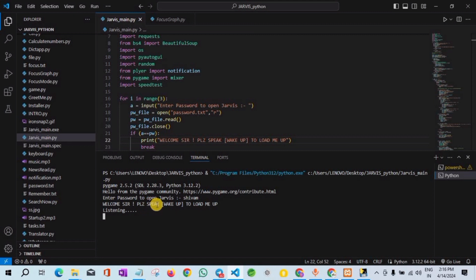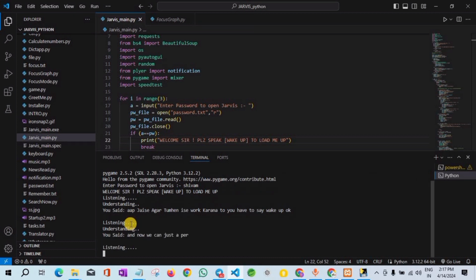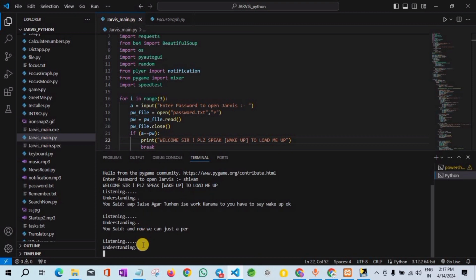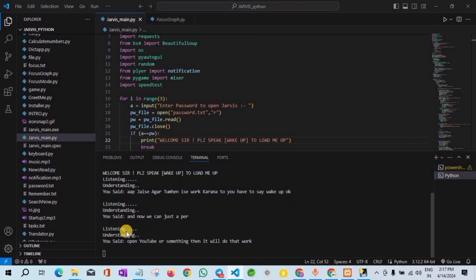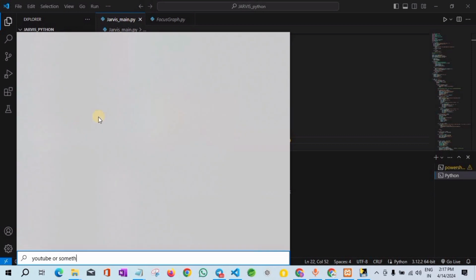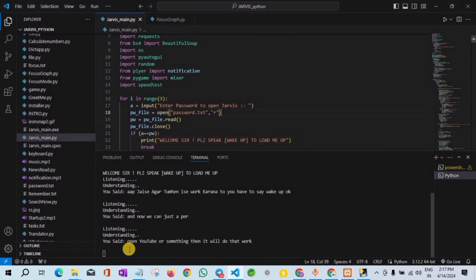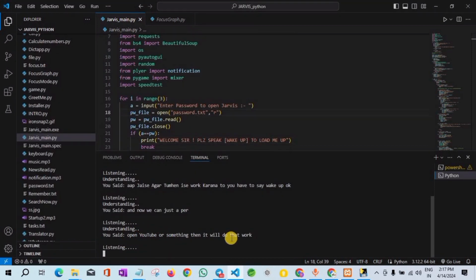अब जैसे अगर तुम्हें इसे work कराना तो you have to say wake up, okay, wake up Jarvis, okay. इसमें भी जो मैं बोला, Good afternoon, sir. Please tell me, how can I help you? You can see our Jarvis is now waked up and now we can just perform any type of calculations, or if you want to open YouTube or something then it will do that work, okay. Open YouTube, okay, you can see it is just opening the YouTube, okay।